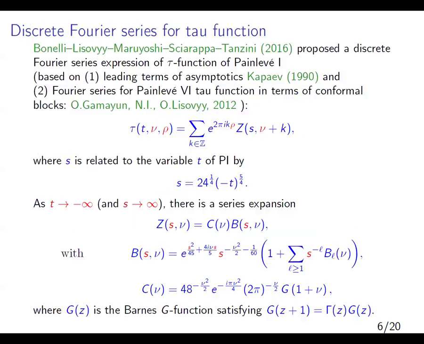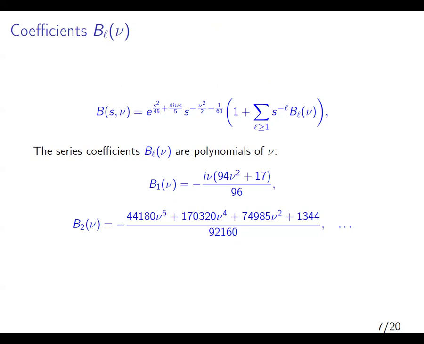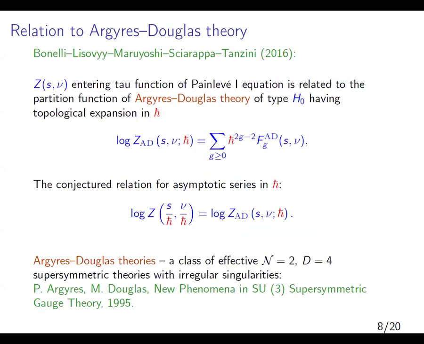So the main thing is that it's a nonlinear equation, and we have in fact some explicit formulas, some structure with unknown polynomials and so on. And it was suggested that in fact this function z is just a partition function of some new theories, so-called Argyres-Douglas theory,